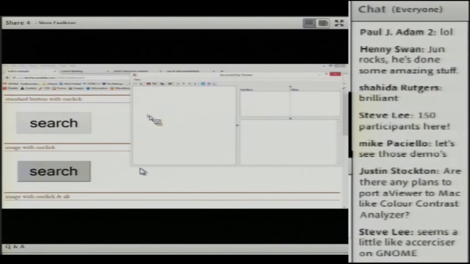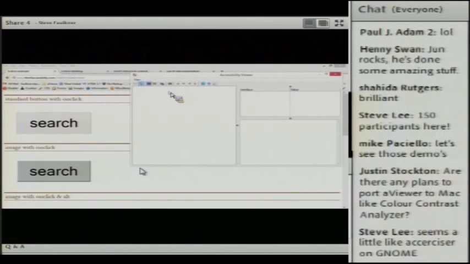This page contains a number of different examples. What we have first is a standard button, and so I can use the watch cursor and the show focus rectangle.